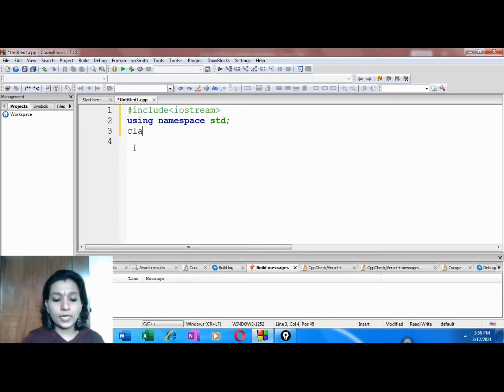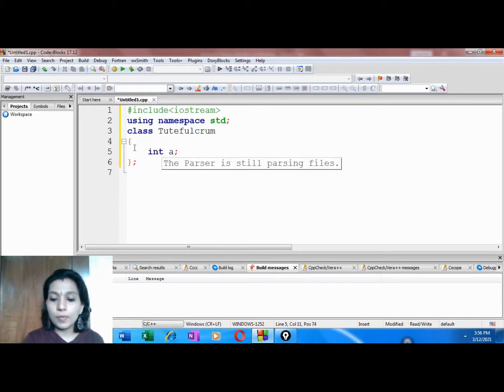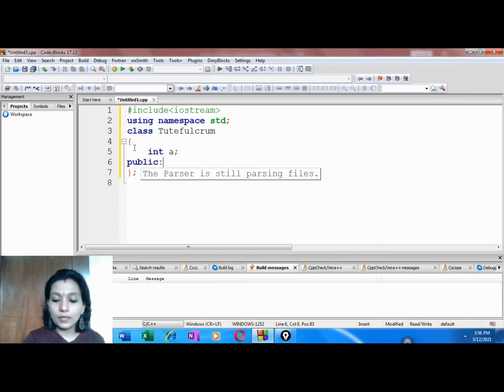So let's see how this is getting done. So let's create a class. Let's call it Tute Fulcrum. Now let's add the members of this class. Let me add a data member A and it's private. Now let me add the public members of the class. Now let's add a constructor to this class.